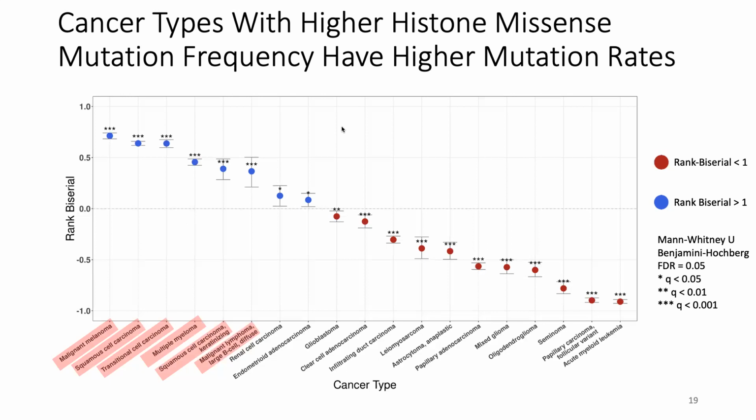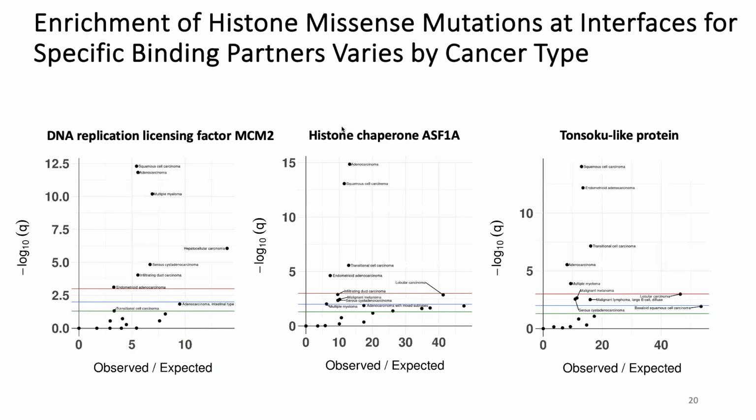But yeah. Now, because we did see that the frequency of histone missense mutations could vary by cancer type, we also wanted to determine if histone missense mutations generally behave differently inside these different cancer types as well. So going back to those binomial tests that I showed before, where we were trying to determine if histone missense mutations associate with interfaces for specific partners, we've also repeated these tests within individual cancer types